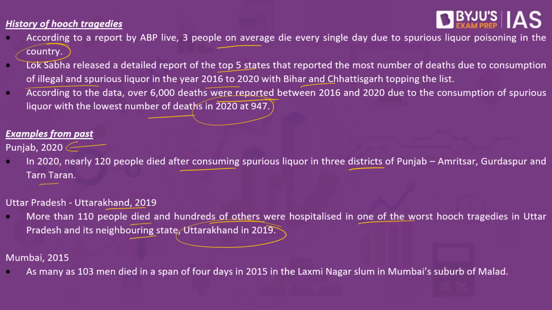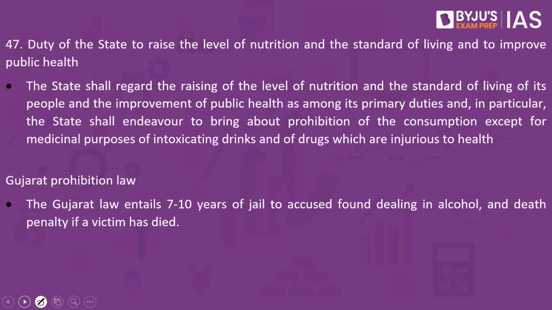And in Mumbai in 2015, as many as 103 men died in a span of 4 days in the Lakshmi Nagar slum in Mumbai's suburb of Malad. Now the question is, since it has happened in the state of Gujarat, can the state ban the alcohol in the state? Yes, we have one of the directive principles of the state policy, which is duty of the state